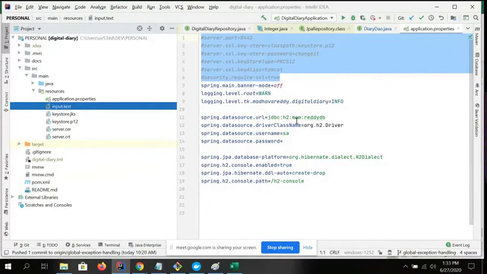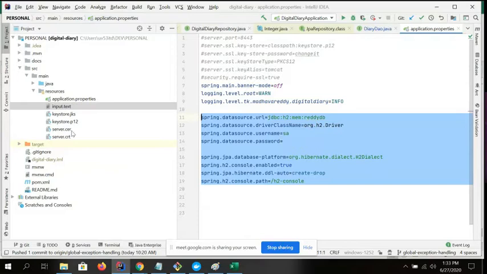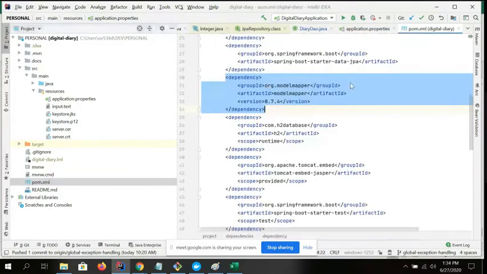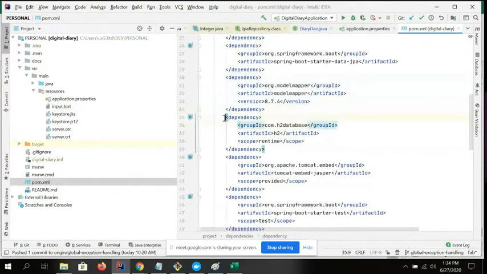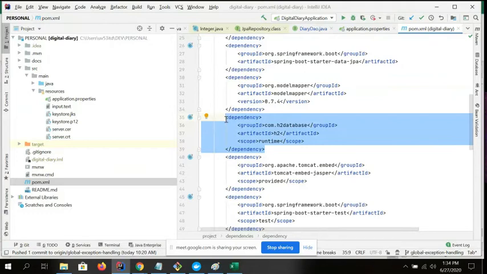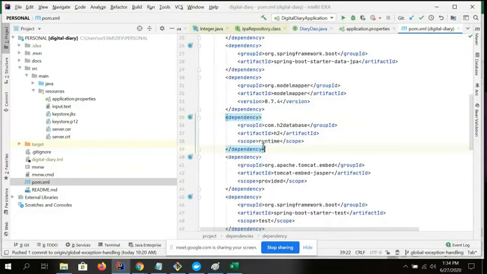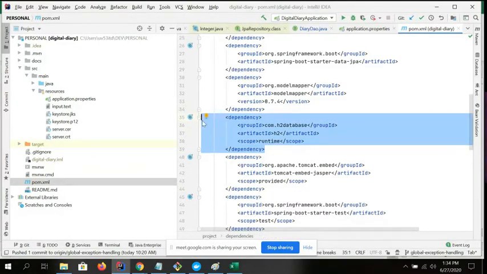And the second thing: just see, I am going to use these dependencies. You have to go to the POM, the master POM if you don't have modules, and there you will have one simple dependency. If you are using Oracle, you have to use the Oracle dependency; if you are using MySQL, the MySQL dependency. At this moment I am using the H2 database, so I just added the H2 database dependency.